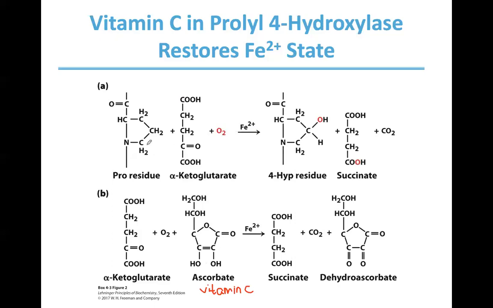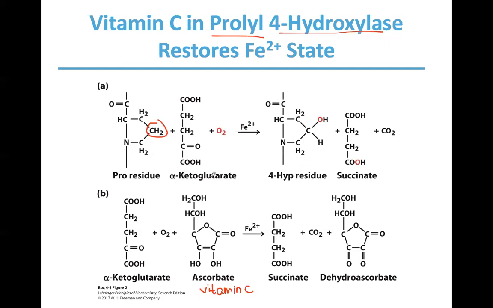So if this is the proline residue, we're going to oxidize, hydroxylate, at this position, at this carbon. There's a starting material, alpha-ketoglutarate and molecular oxygen, and we utilize the iron on the enzyme. The enzyme is prolyl 4-hydroxylase. The enzyme will hydroxylate this position, produce carbon dioxide as a side product, and succinate will result from alpha-